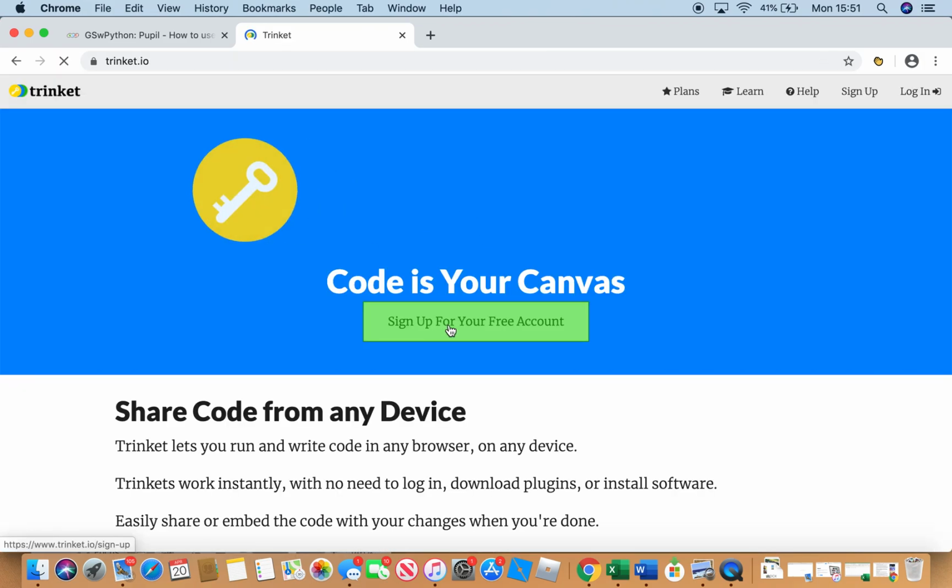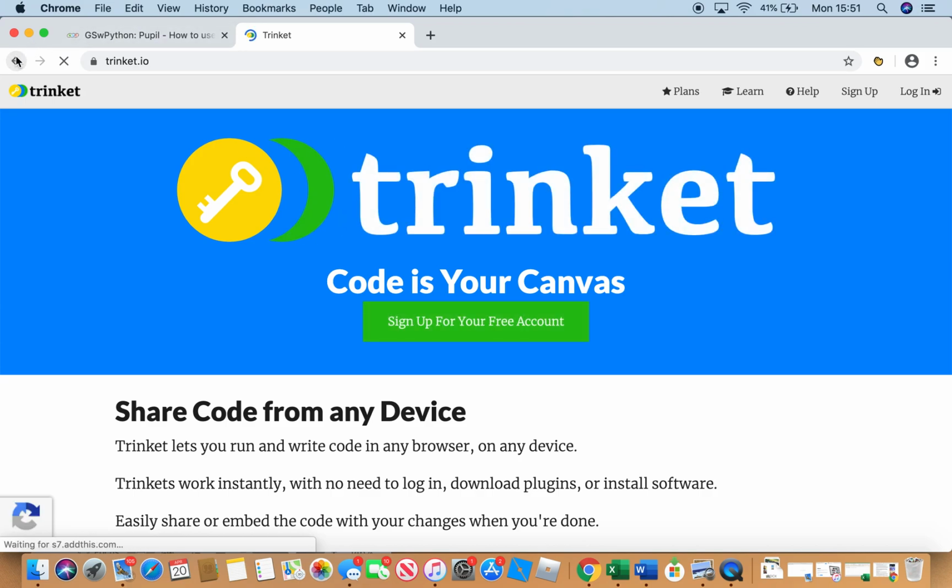www.trinket.io and register there. And just to show you that, by clicking that now, you'll see you can sign up for a free account. So just going back,